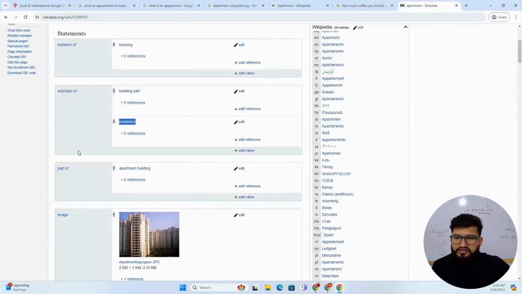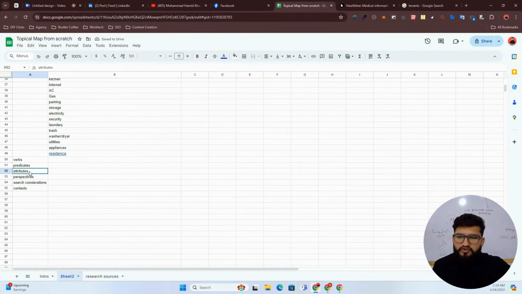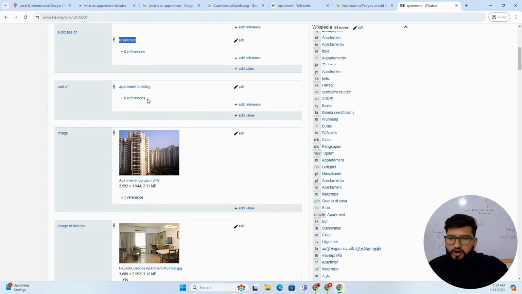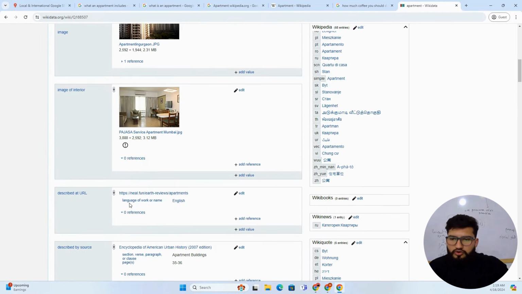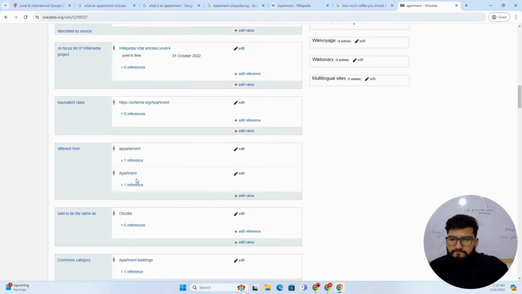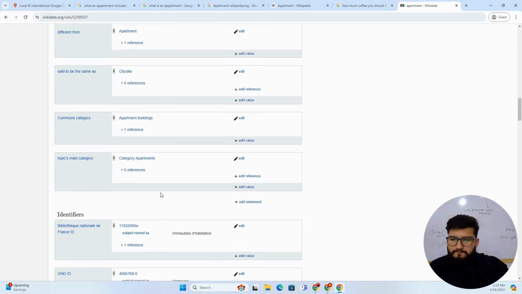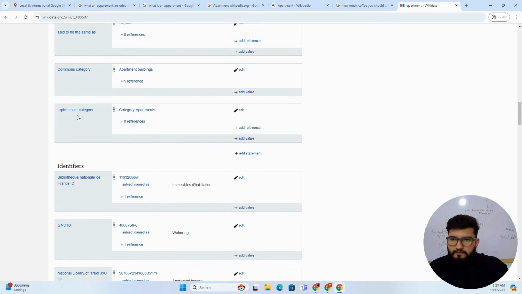Residence. So if residence is coming in, for example, as an attribute as well as a noun, you can make it unique as well, because it's not good if you put it in all the subsections. Okay, so apartment building, some more you can say. Okay, so it's defining that category, apartment.